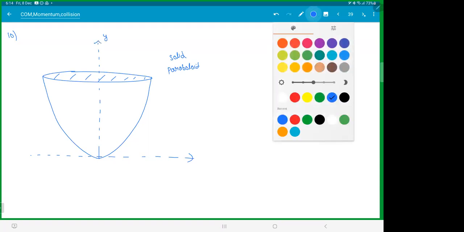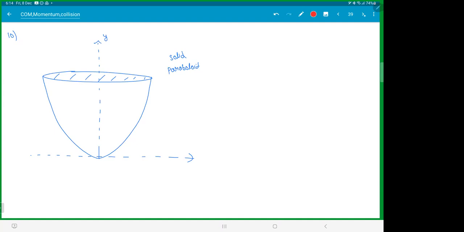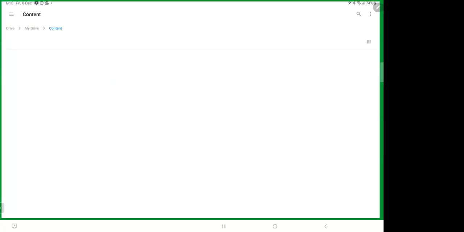Or have you ever seen an Enfield's headlight? If you see this old Enfield headlight, observe that it looks like this only. It's like a curvy shape. So 0, 0, and let this point be 1, 1. The equation is y equals x square. It's a parabolic equation. The shape would kind of look like